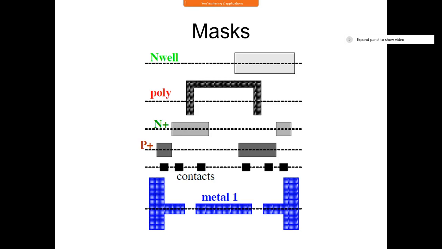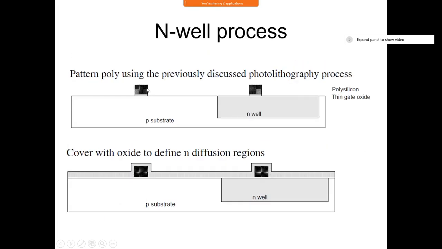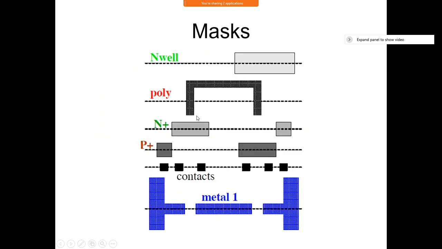The first one is defining where to have the N-well. Next one is defining the entire poly. Maybe in the cross-section view, we didn't see this. We actually saw only this much. Actually in the background, this is running from here to here, meaning that both the gates are shorted. That's what is there clearly.